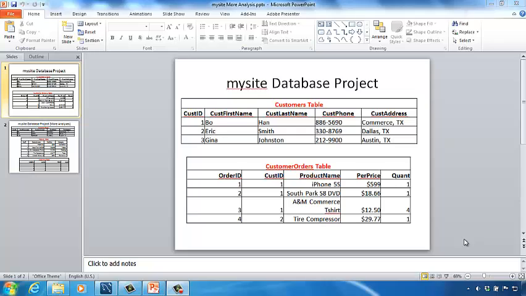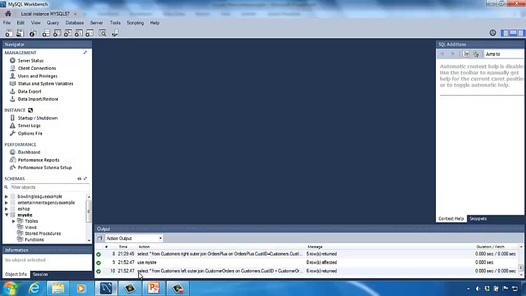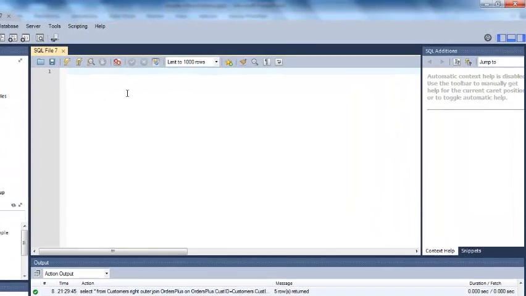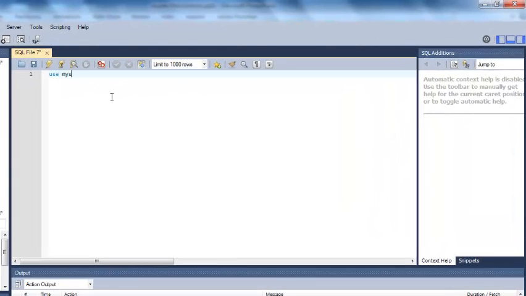Do you still remember how to write such a script? Let's have a quick review. Let's go to MySQL Workbench and then create a new SQL script and then type in USE MySite, semicolon. In the new line, I want to type in SELECT asterisk FROM customers LEFT OUTER JOIN